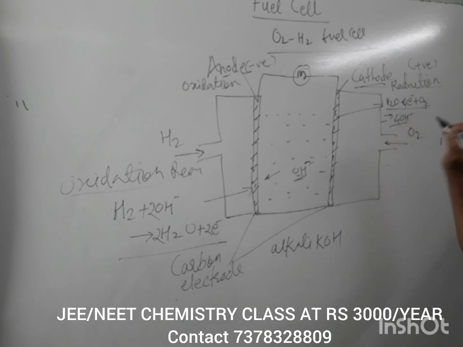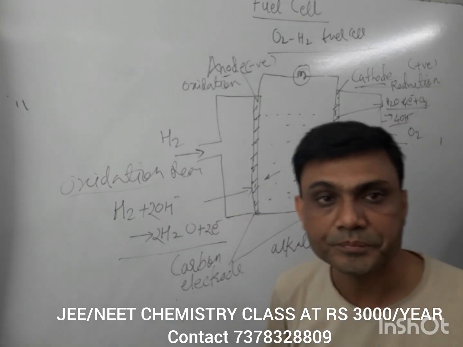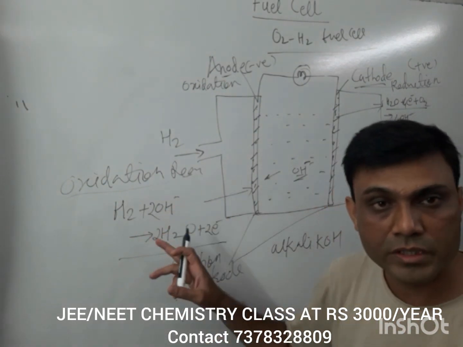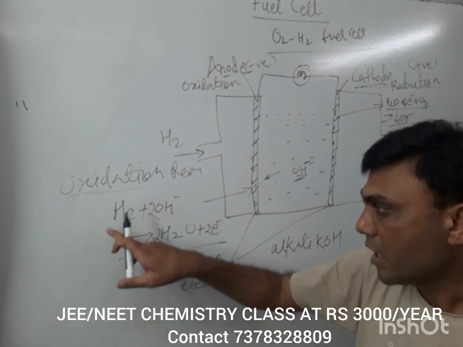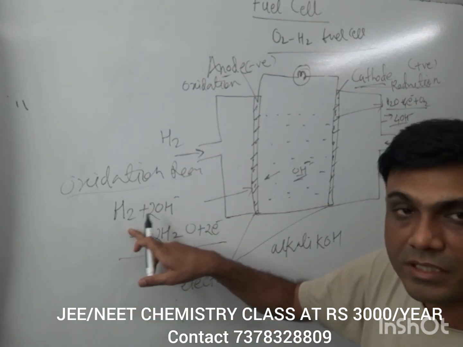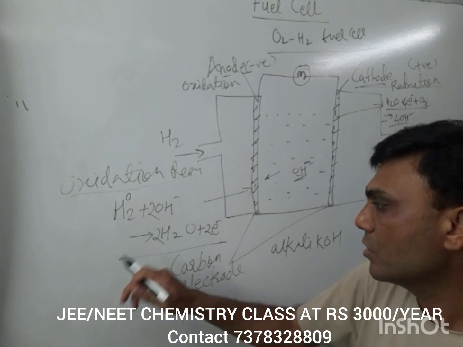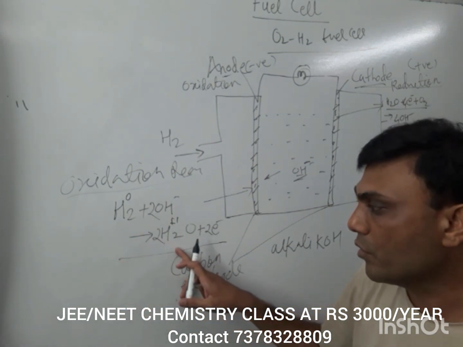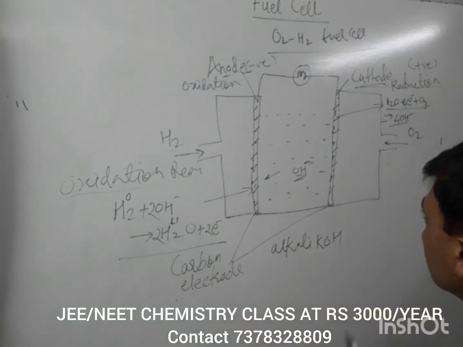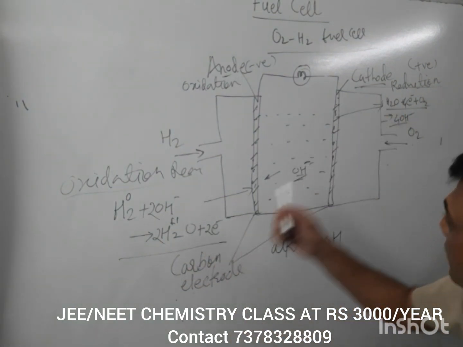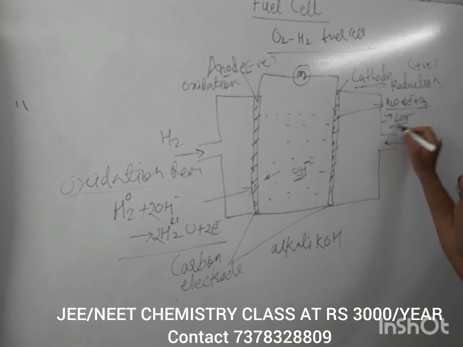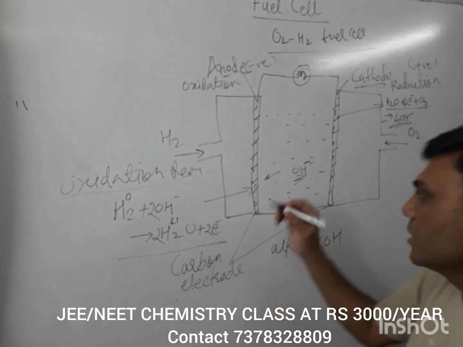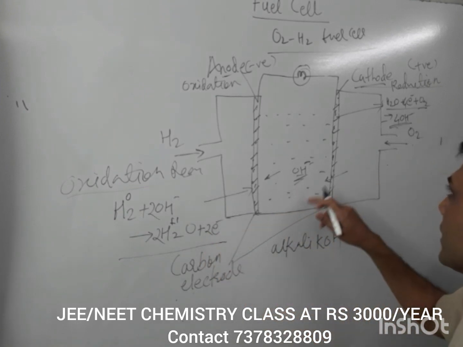This is the reaction at the cathode and this is the reaction at the anode. Now you always remember at the anode there is oxidation, where hydrogen is oxidized, that is oxidation number is 0, it becomes +1, it is oxidized and this hydrogen is consuming OH negative ions of the electrolyte. In the cathode this product will react with the oxygen for the generation of OH negative ions. So whatever OH negative ions are consumed here, will be generated at the cathode.